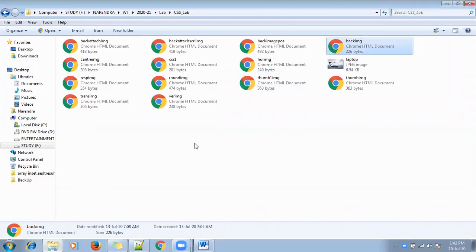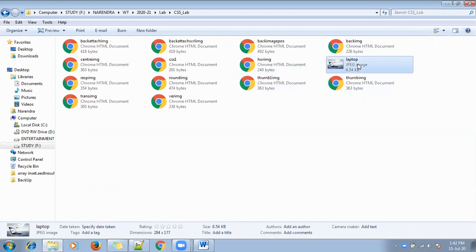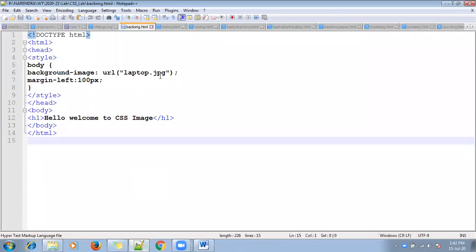Yes, here I have one image with the name laptop. The program and the image are in the same folder. That's why there is no need to mention any other path of the image here. Both are in the same folder, so you can easily write the image name laptop here.